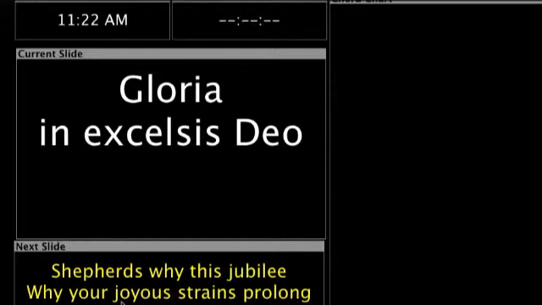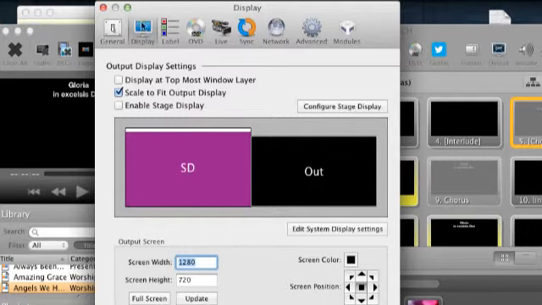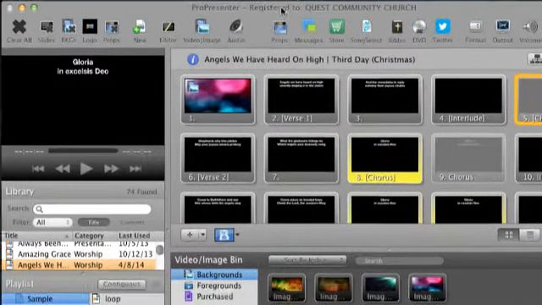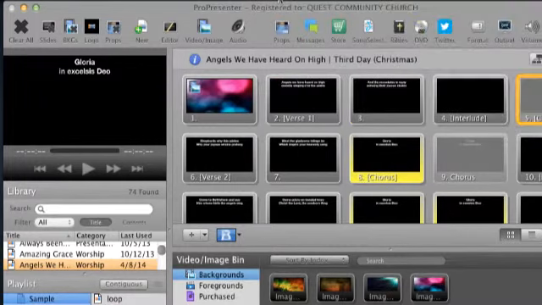So you'll notice we don't put as many words on a screen as some other churches, but I think that's actually helpful in this case. So I don't have any chord charts, or they'd be showing up here, and there's no video countdown, or it would be showing up here. So that's basically how you do that, and how you can make a really cool stage display in ProPresenter 5. I hope that helps you,